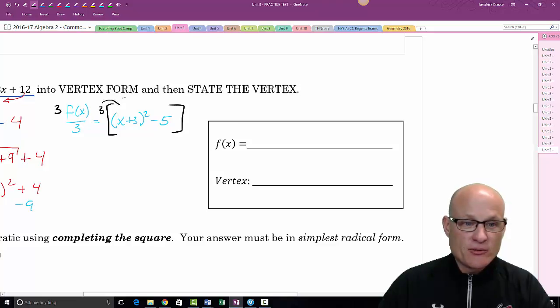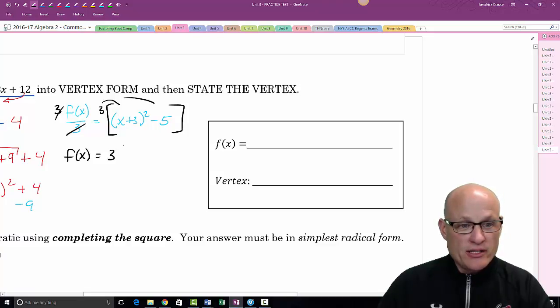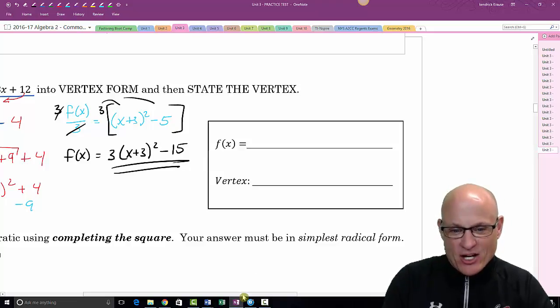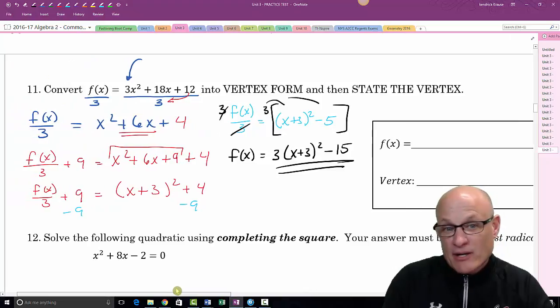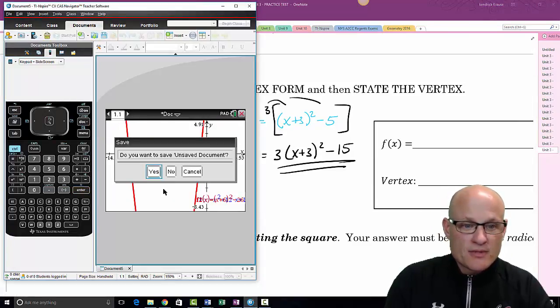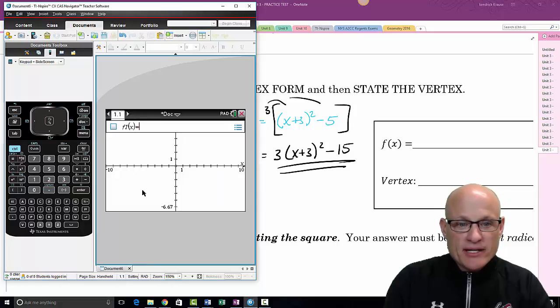On this side, I got to distribute. So these just cancel. So I end up with f of x equals 3 times (x plus 3) squared minus 15. Now again, I'm going to grab my calculator because I'm not 100% sure. I think I'm right, but I'm not 100% sure. I'm going to grab my calculator and I'm going to go back in and type in 3x squared plus 18x,